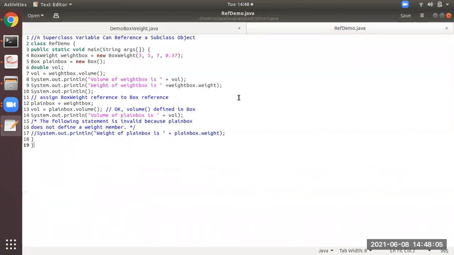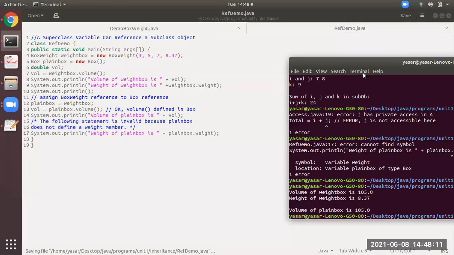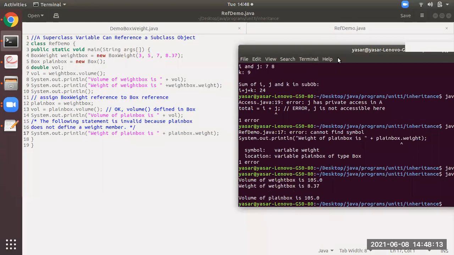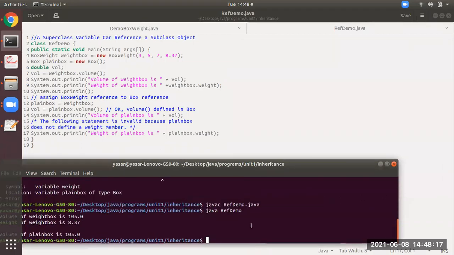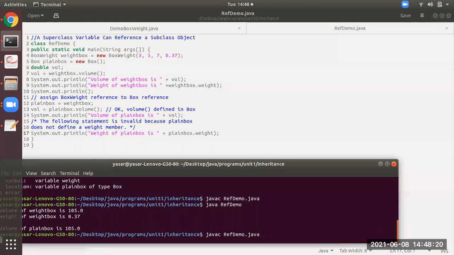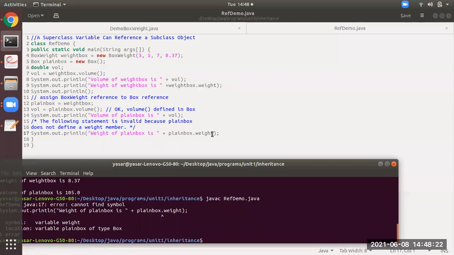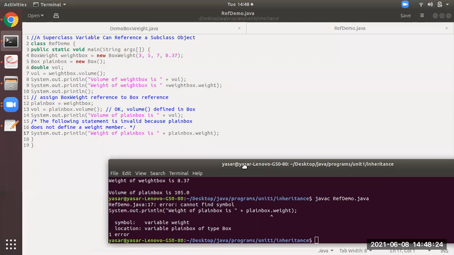So that is why if you remove this comment and you try to compile this program, you will get an error. Why will you get an error? Because plainbox.weight is not available.